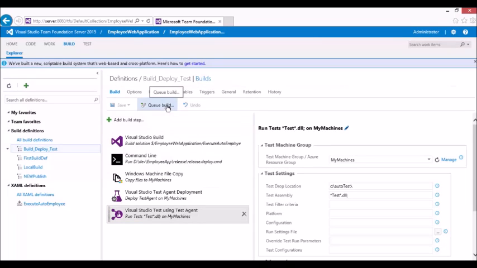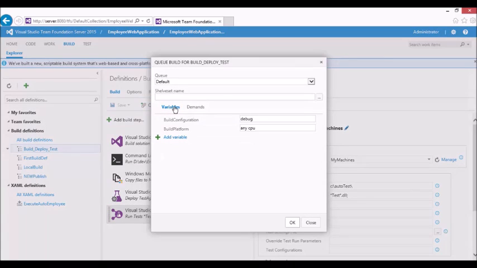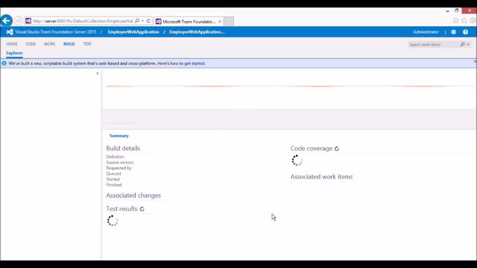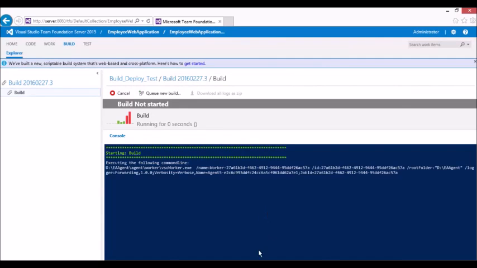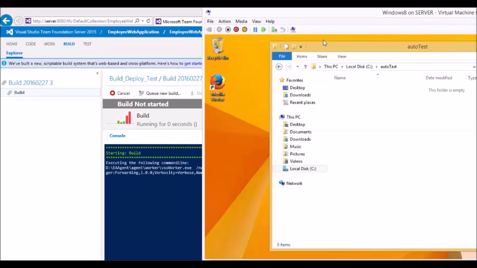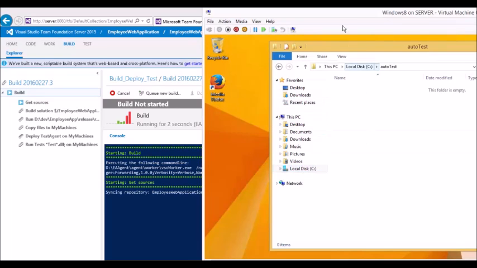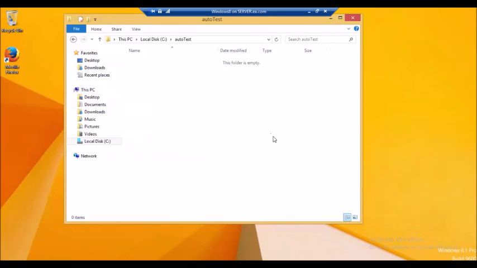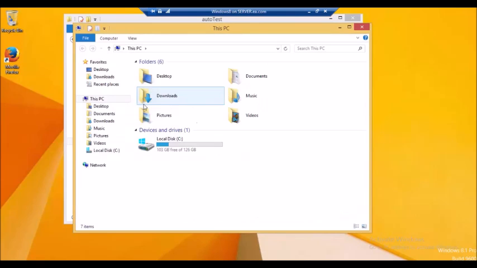So shall we run this and see? Let's see how it works. So I'm going to queue this new build and it's going to ask me which pool I'm going to take. So I'm going to take the default pool and I'm going to hit OK. So this is going to start executing my test. And as you can see, the first thing it's going to do is also deploy the application in my IIS server. So let's go to the